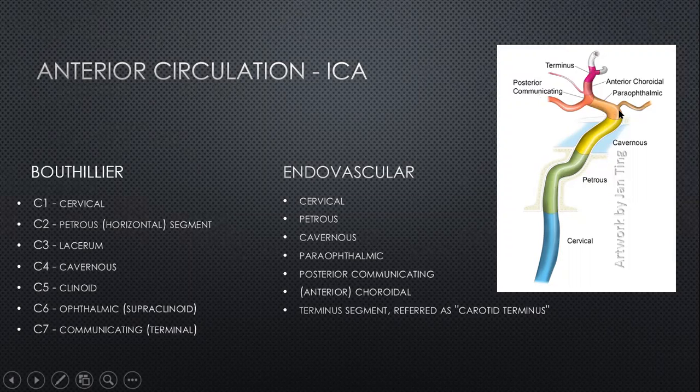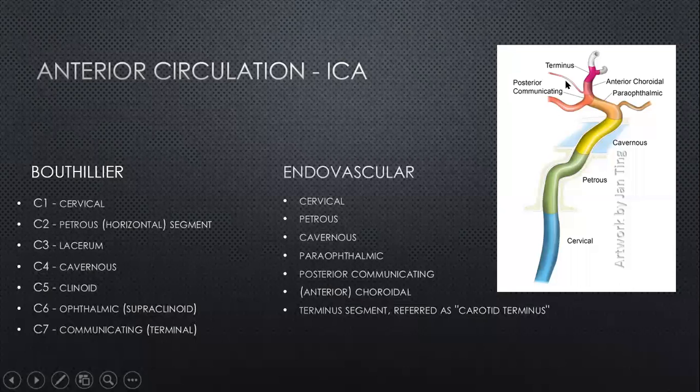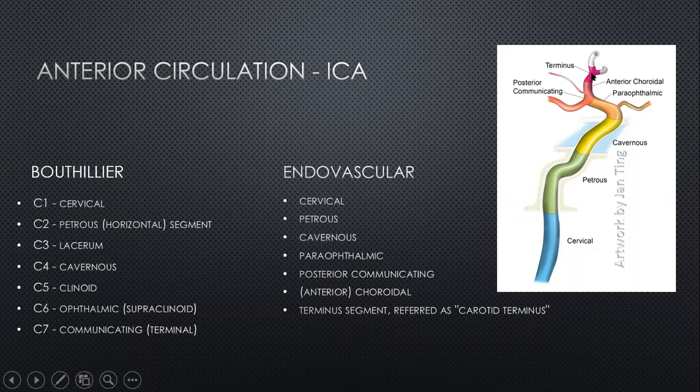And subsequently beyond the ophthalmic, you come into the posterior communicating artery segment over here, and then the choroidal artery, which is just behind the posterior communicating, and then the part of the artery between the carotid and the carotid T, or the carotid termination. And this is how the anatomy would look on an angiogram. And we'll try and look at these various segments, rather than laboring too much upon the differentiation itself.